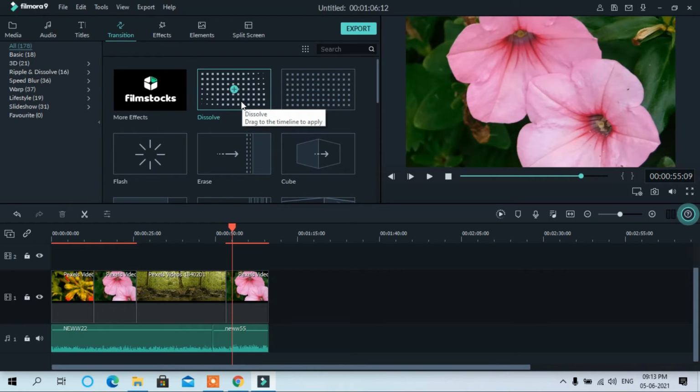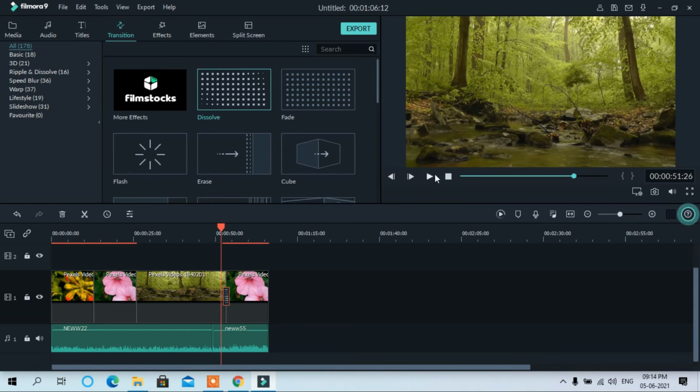Transition is used when you have, suppose, a number of clips here and you want to switch over from one clip to another in a style. For example, I will use this transition effect in between the two clips. Now see what will happen.